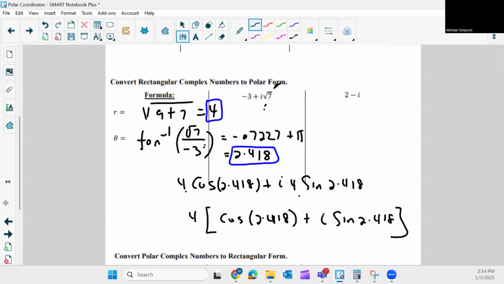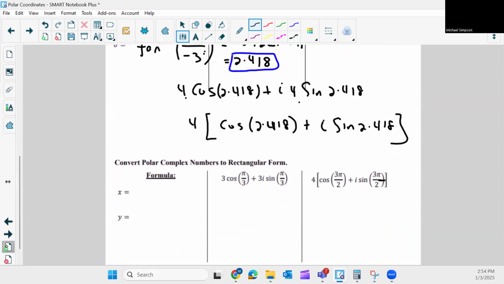All right, let's look now at how we convert this. If you're given polar form, how do you go back to complex? The key now is you've got to find your r value, right? What you want to find is